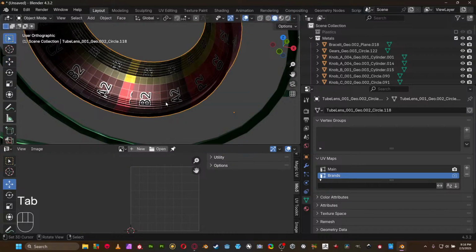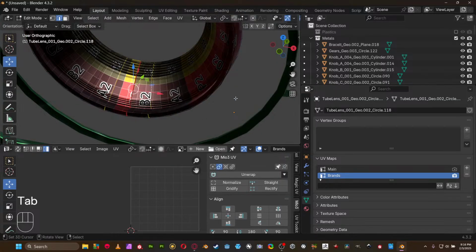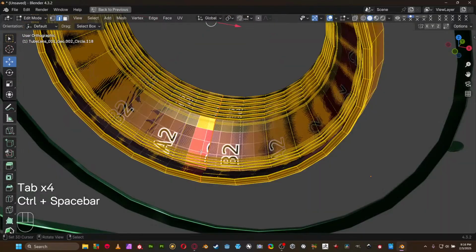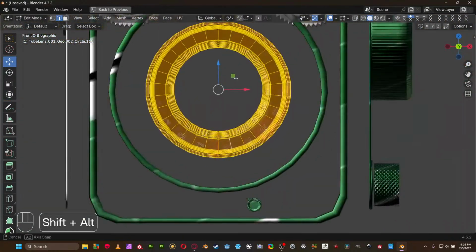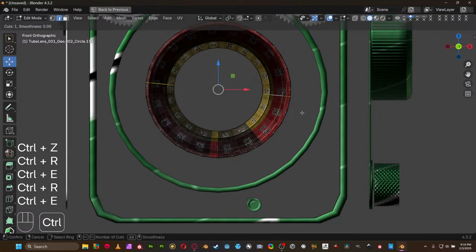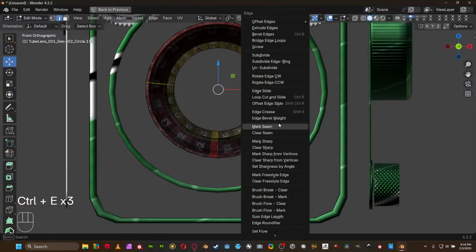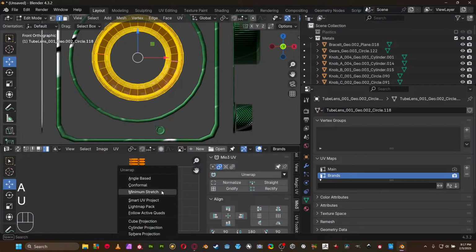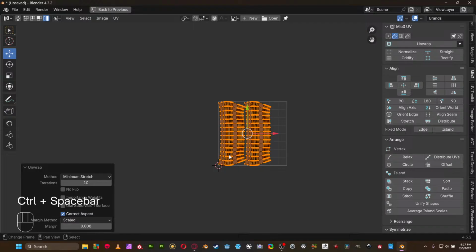So what happened with this guy in here? So with this guy, okay, let me see. With this guy, what I'm gonna do is this. I'm gonna cut in different parts my seams. In here, also in here, possibly in here. Yeah, this is pretty good actually. Mark seam, and then I'm gonna just apply again my UVs in this guy. So I'm gonna have these two guys like this,